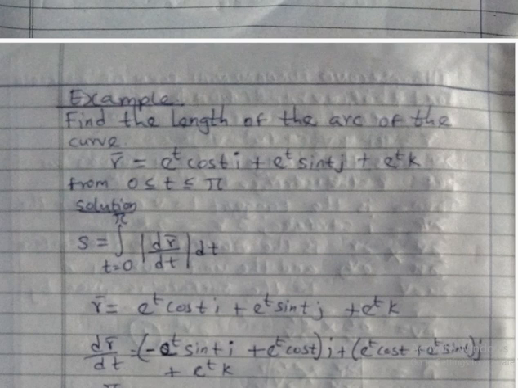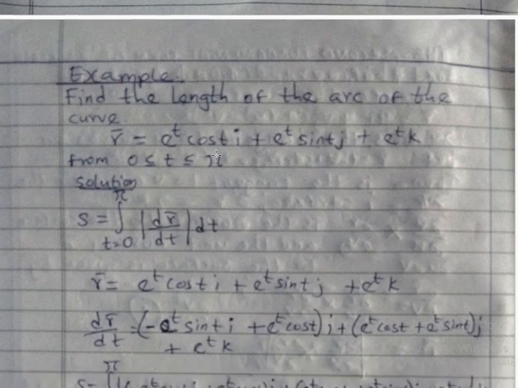So find the length of an arc of the curve r equals cosine of t i plus exponential of t, the sine of t j plus exponential of t times k, from a point 0 to pi. So t ranges from 0 all the way to pi. So s is the integral of the modulus of